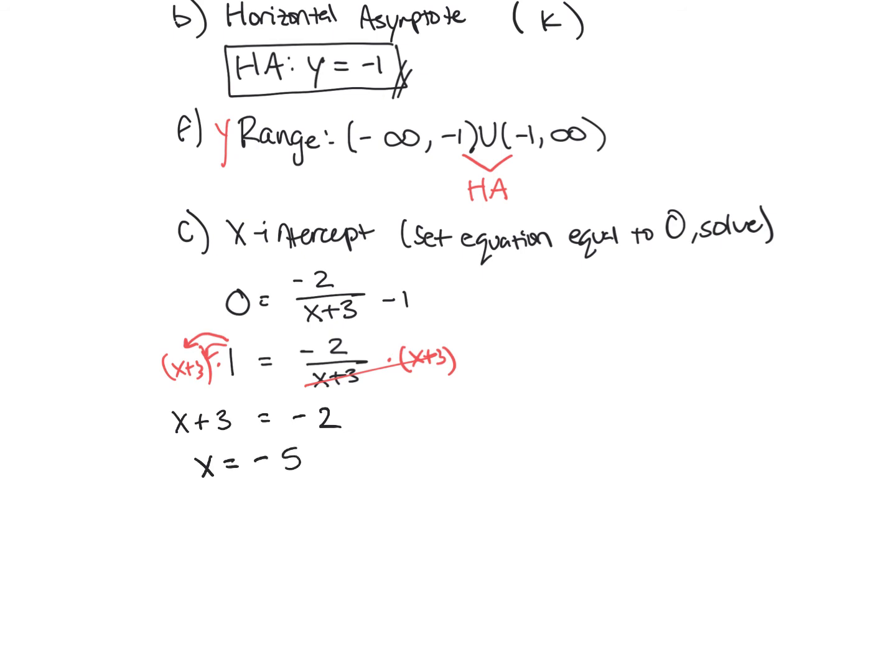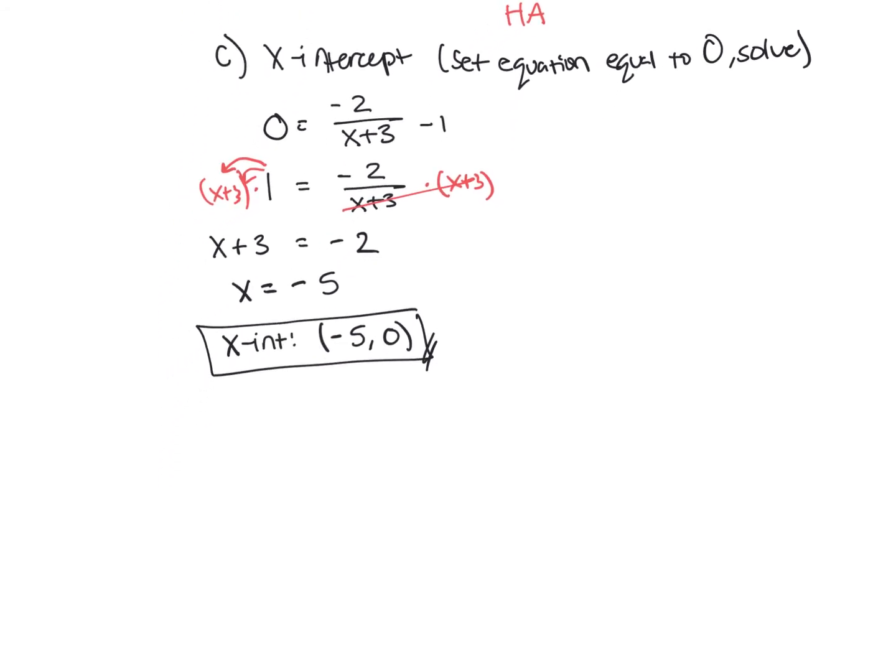Don't stop here. Remember, this is an x-intercept, so we want to write this as a point. So for my x-intercept, this is going to be -5, 0. And you're going to find the x-intercept this way for any type of equation, rational, exponential, linear, anything like that. So that's our x-intercepts. Lastly, we have our y-intercepts, which is part D. So for our y-intercept, instead of setting the equation equal to 0, it's when our x value is 0. So you're going to plug 0 in for x